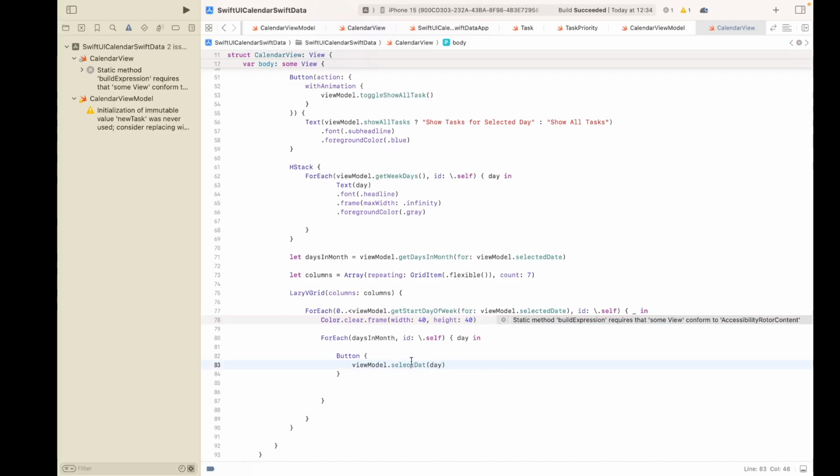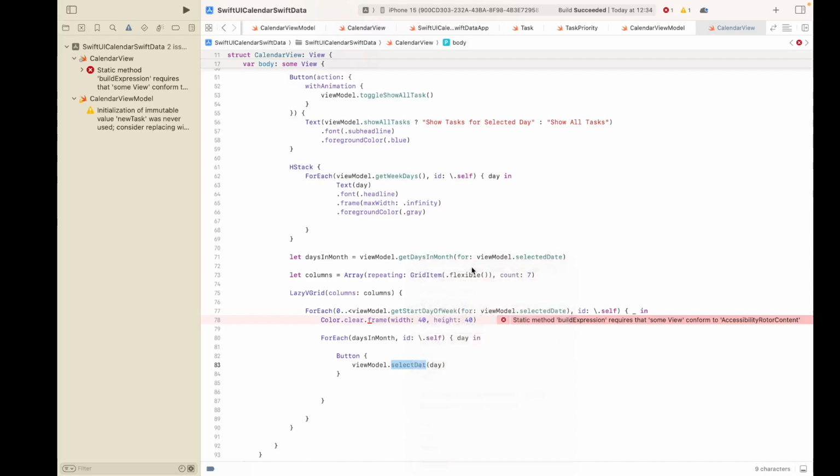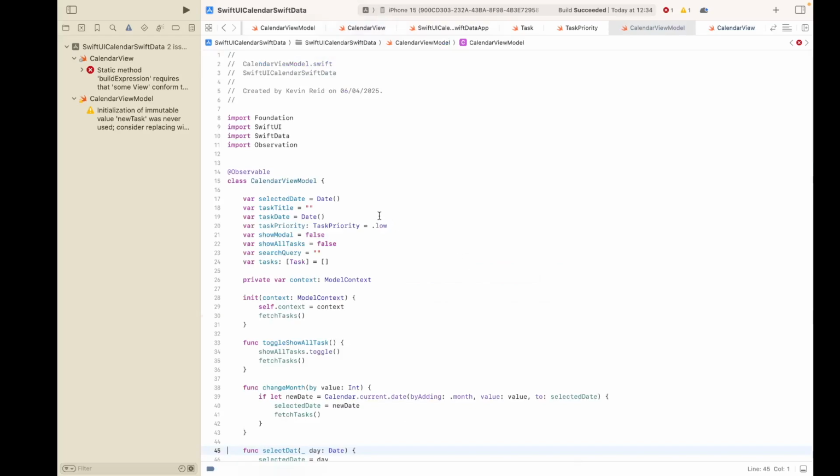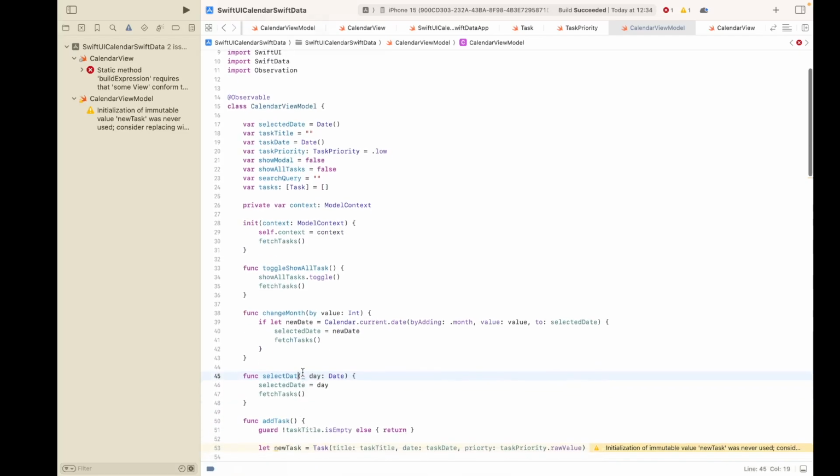That should be selected date, not selected dat. So let's just go to that function within our view model and refactor it. On here, in line 45,